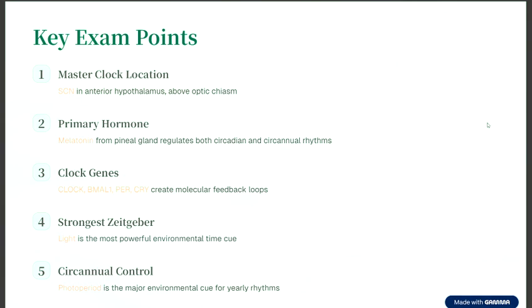Let's wrap it up and do a quick recall. First, we learned about circadian rhythms, which are daily rhythms or a 24-hour clock. Second one was circannual rhythms, which is a yearly clock. SCN is the master, melatonin is the messenger, and Zeitgebers like light keep the system running smoothly. If you mess with these rhythms, hello jet lag, mood swings, and binge eating at 2 a.m.